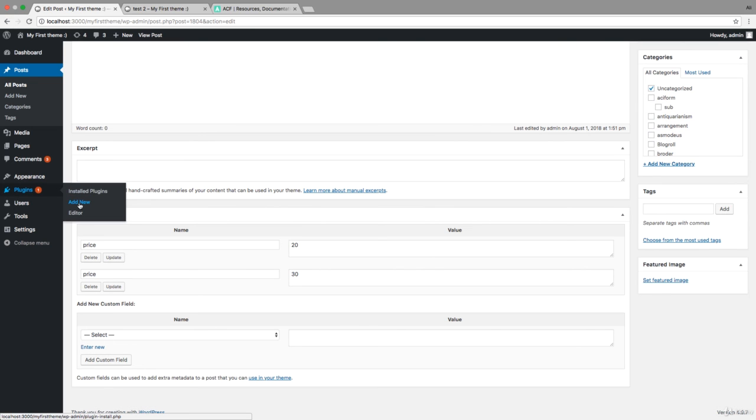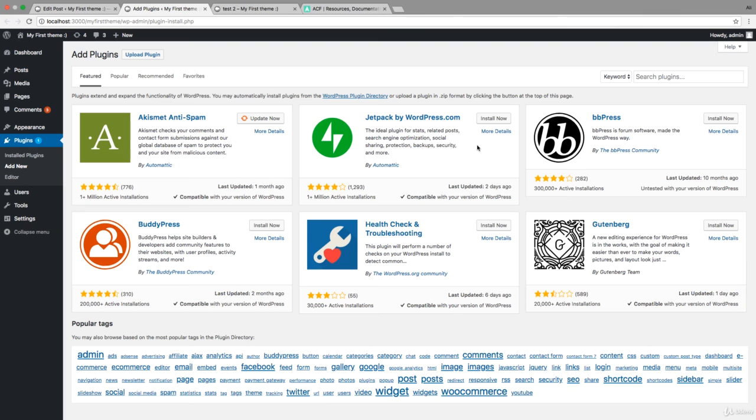So let's go to plugins and add new. And the plugin is called Gutenberg, which is this one, and this will allow you to use the new post editor before it's officially released, so you can develop with it before it's released for the normal users. So let's activate it,